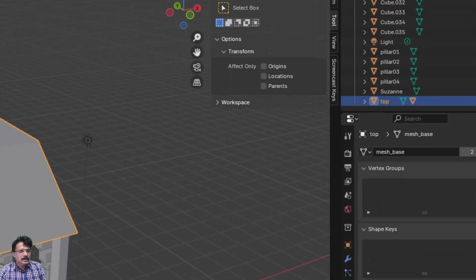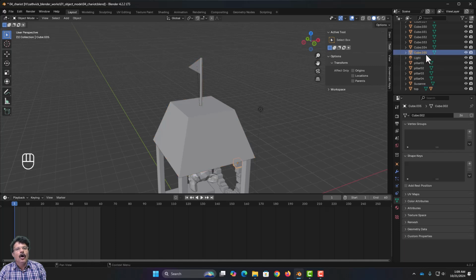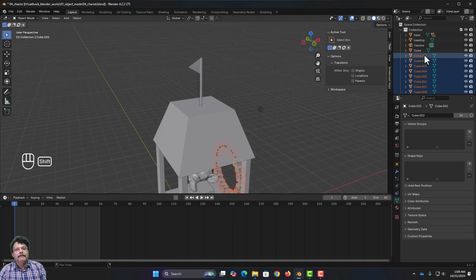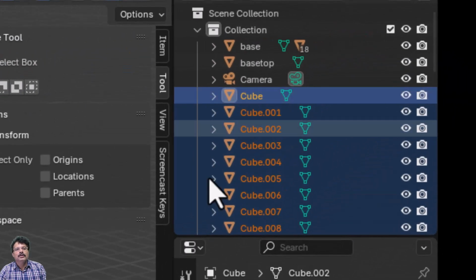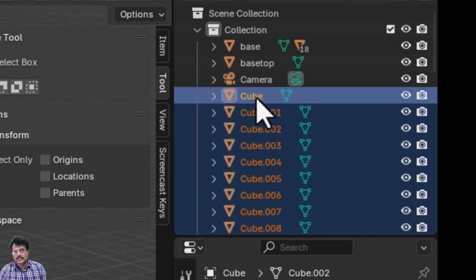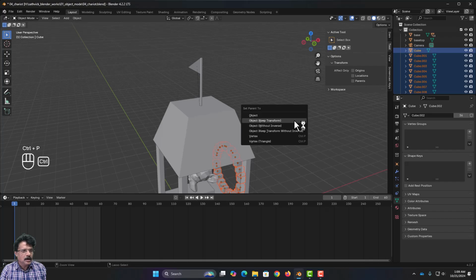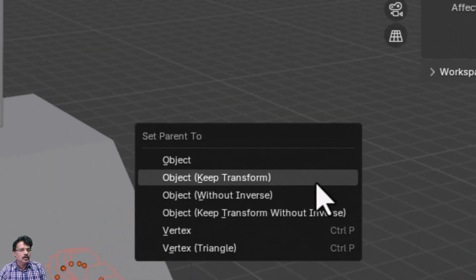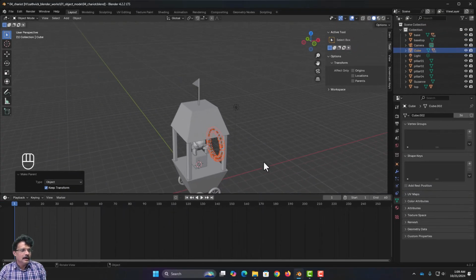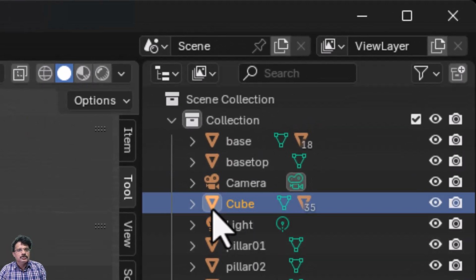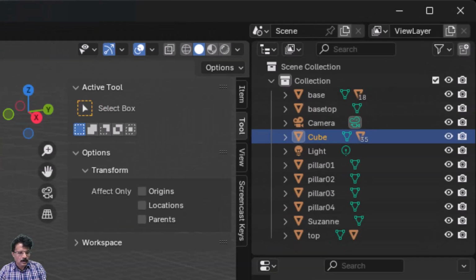Now next, I want all the cubes present here to be parented to one cube over here. I will select this. See, this is the actual active cube. I will press Ctrl P and click on object transform, and now you can see this one cube will control